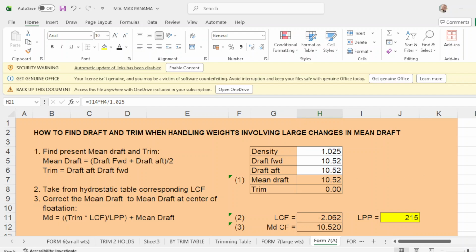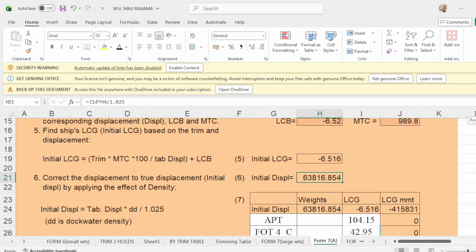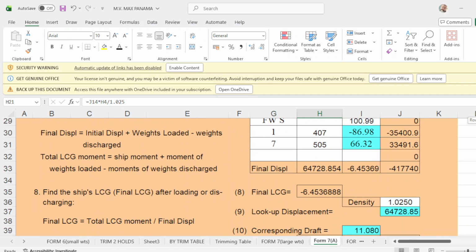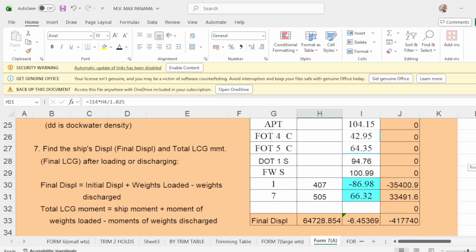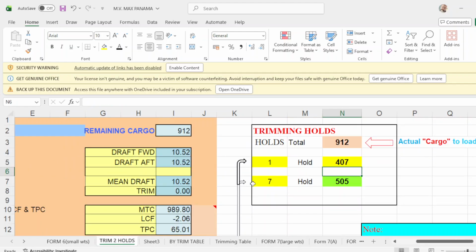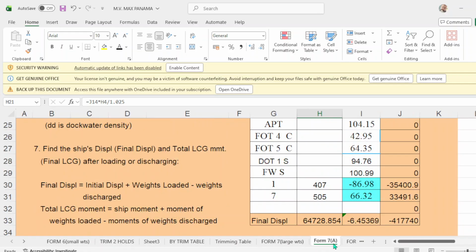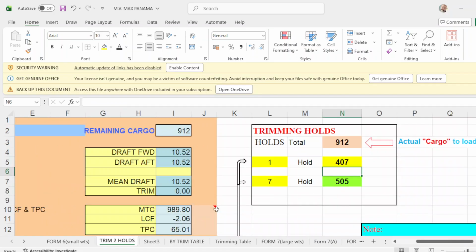Your final density also is 1.025. Now you load in number 1 of how much? 407. And number 7 is 505.